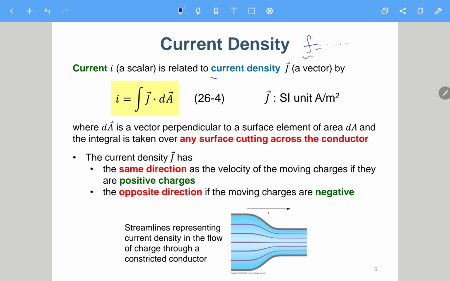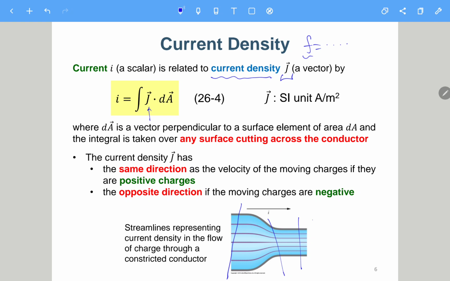But here, we try to define the current density J vector, but actually it is put inside a surface integral. It is not easy to define J by writing an equation as J equals something, because this is the other way around. So when we integrate the current density, it will be the current. So for example, if we consider the surface is like this, or maybe the surface is like this, we can calculate